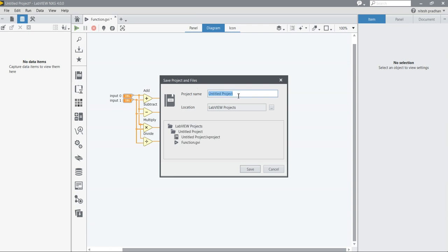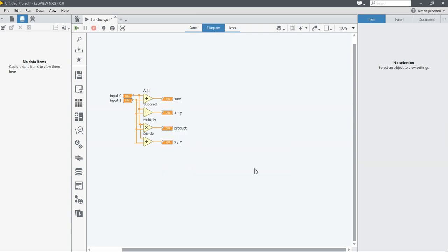Okay, untitled project name, and in this untitled project name, basic math function. Okay, LabVIEW, it is our hierarchy root. So now save. So the basic math function name has been set.